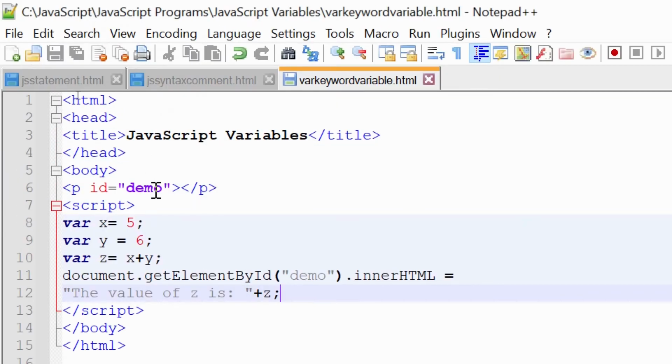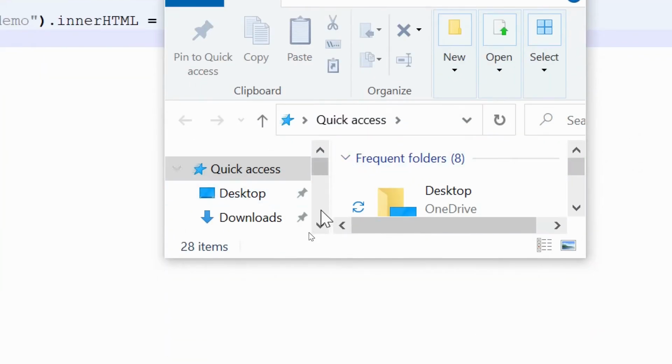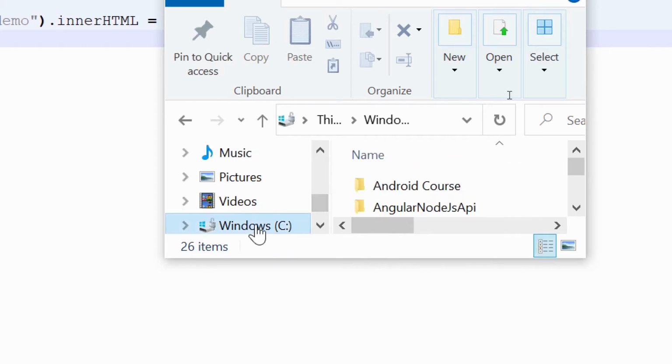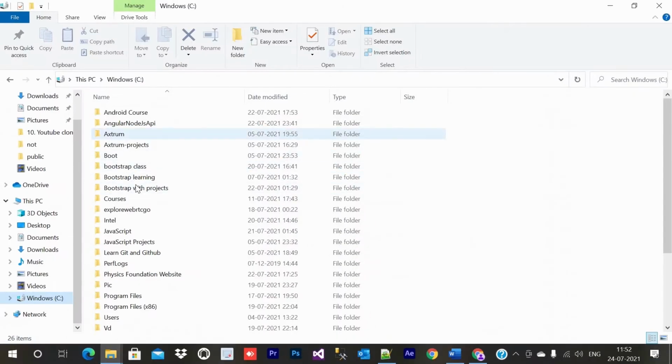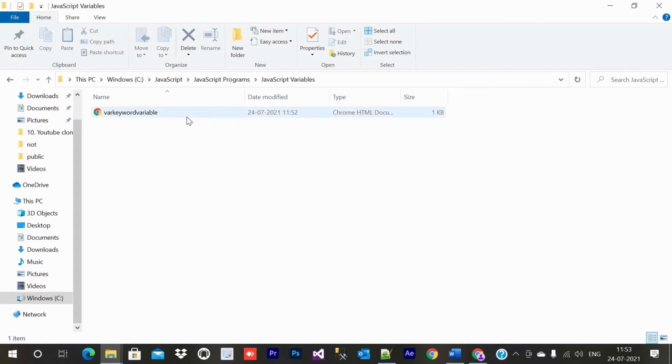Okay, so let's just go into the path. Go to window E, and here just go to computer. Go to C drive, and on C drive go inside the JavaScript folder, and in JavaScript programs, JavaScript variables, there is our HTML page.